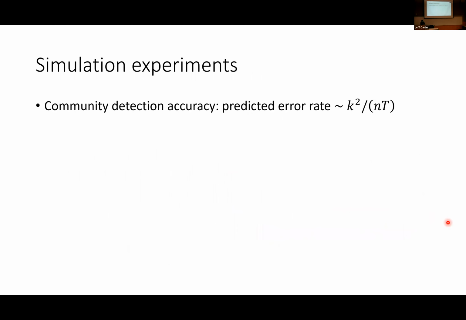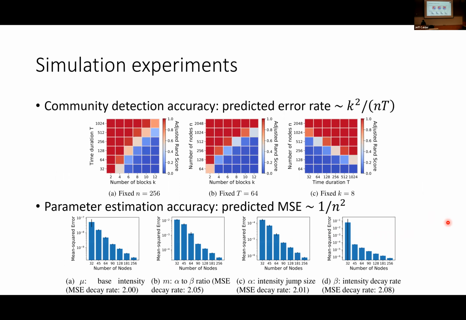And so basically, I'm going to go through this pretty quickly in the interest of time, because I want to get to my next model. But the simulation results show roughly what we expect here. As you decrease the number of blocks k and increase the time duration, your estimates get more and more accurate. Similarly, as you decrease the number of blocks and increase the number of nodes, again, more and more accurate. And as you increase the time duration and increase the number of nodes, you get more and more accurate